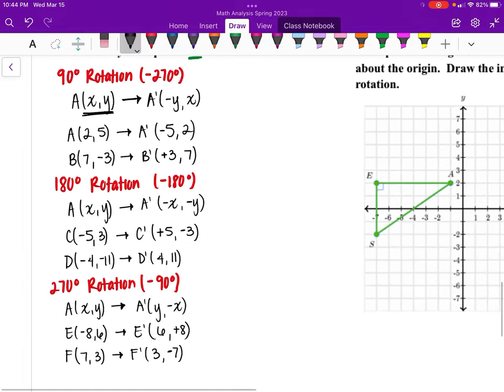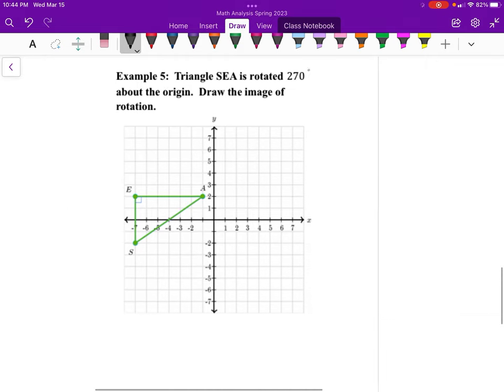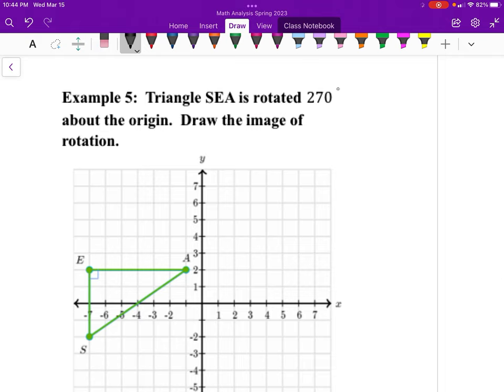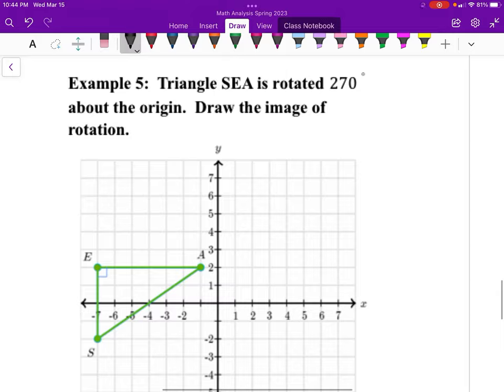So using this information, I want you guys to try example number 5 on your own. Go ahead and do example 5 on your own. Make sure you draw out that image. And that would be concluding